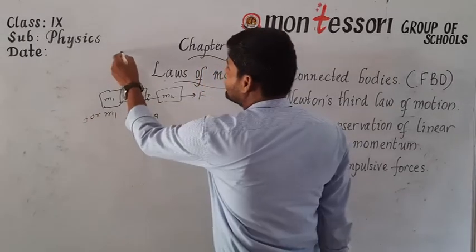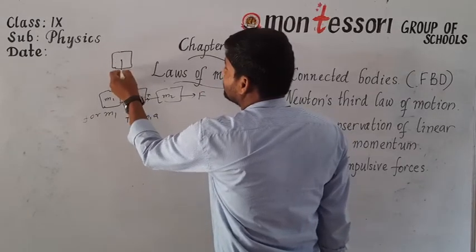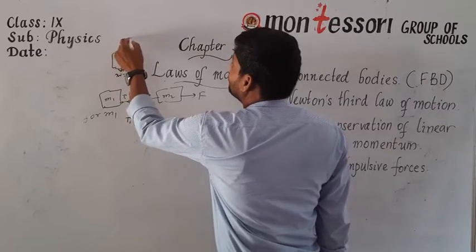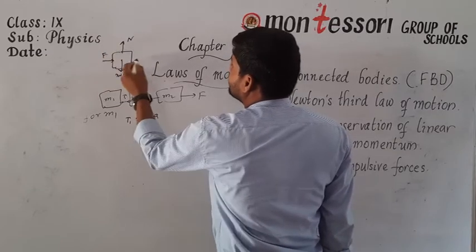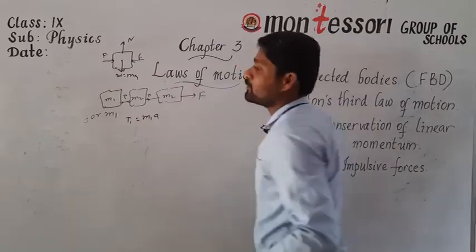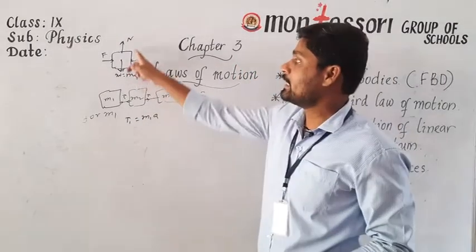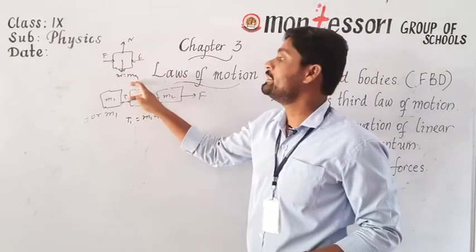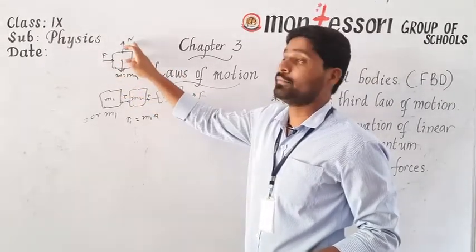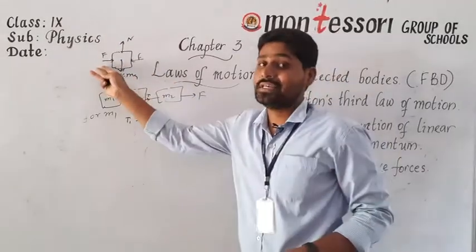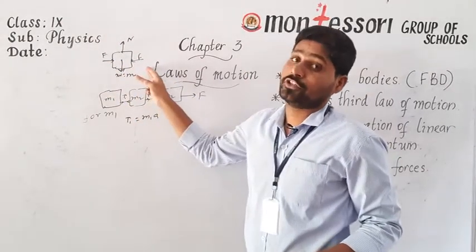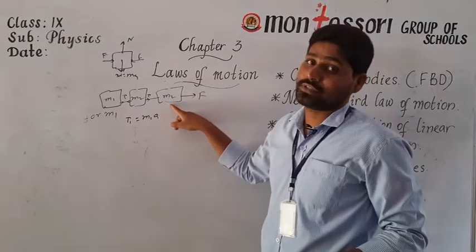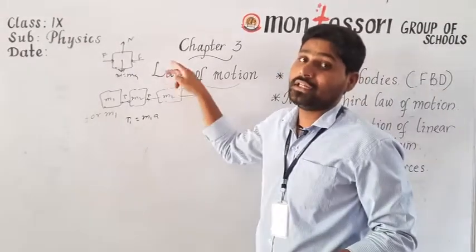Here, in the previous diagram, we have to observe the forces: W is equal to mg, and here the normal force, this is the applied force and this is the frictional force. Here we have two types of forces, vertical forces and horizontal forces. What are the vertical forces here? Weight and normal force. What are the horizontal forces here? Applied force and frictional force. So here we have only horizontal motion, not vertical.